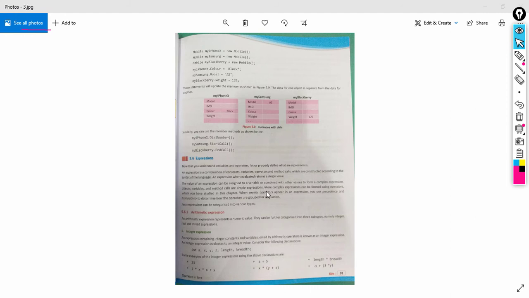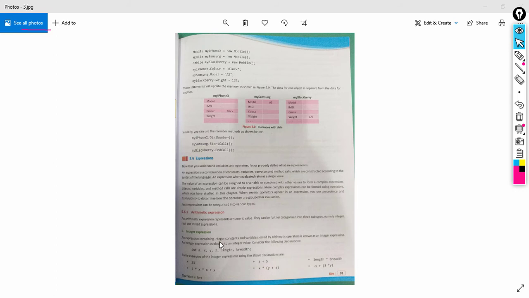In an expression we can add integer values, then real values, isn't it? We can add integer variables, and floating point variables also. According to that, arithmetic expressions are again classified into three: integer expression, real expression, and mixed expression.